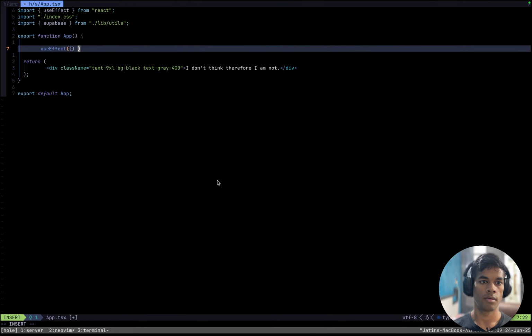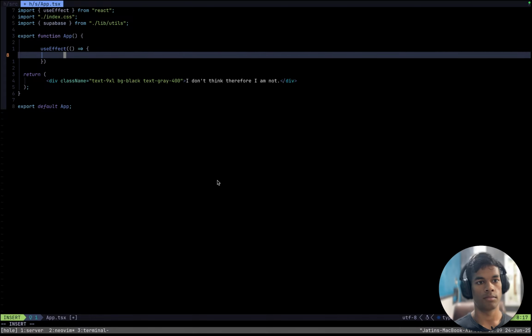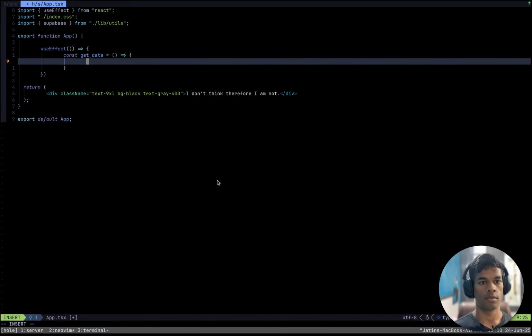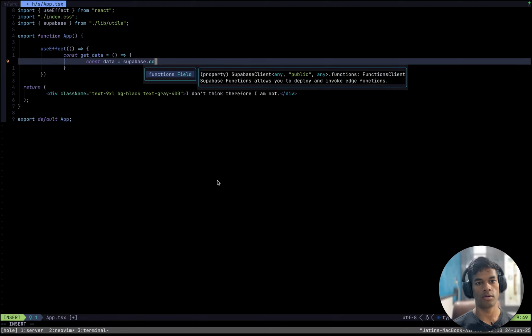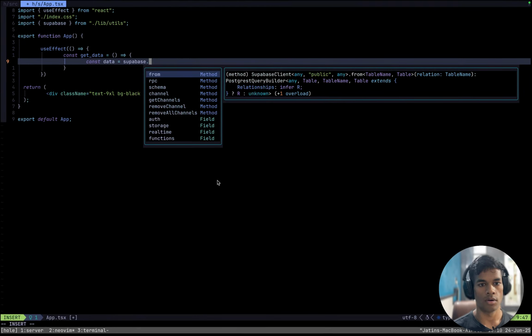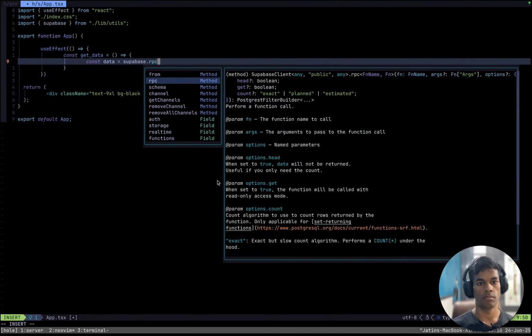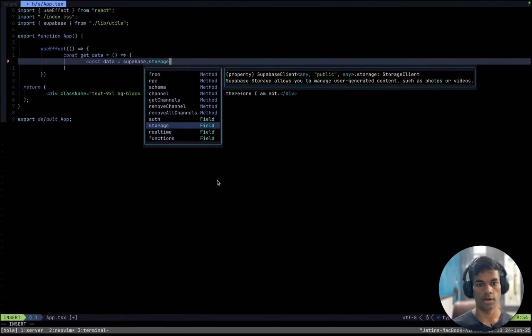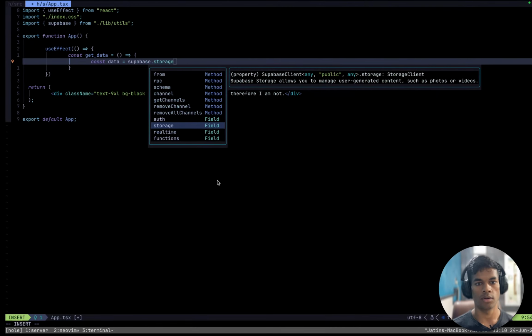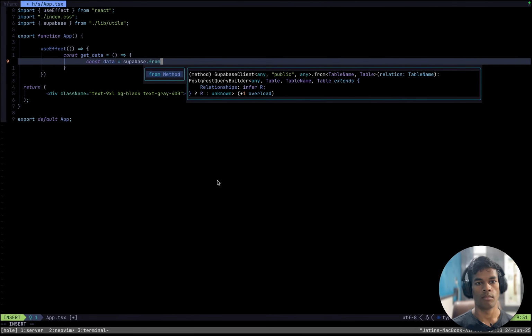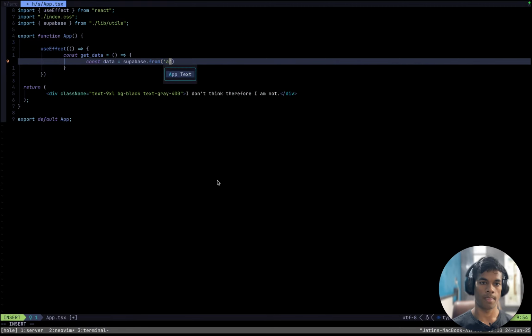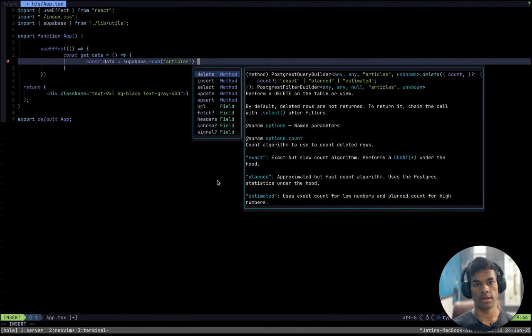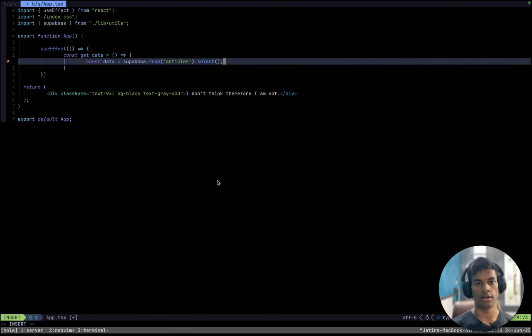Effect. const getData equal, data equals supabase dot fetch dot channel, get channel, auth storage, realtime, functions, supabase dot from articles dot select.